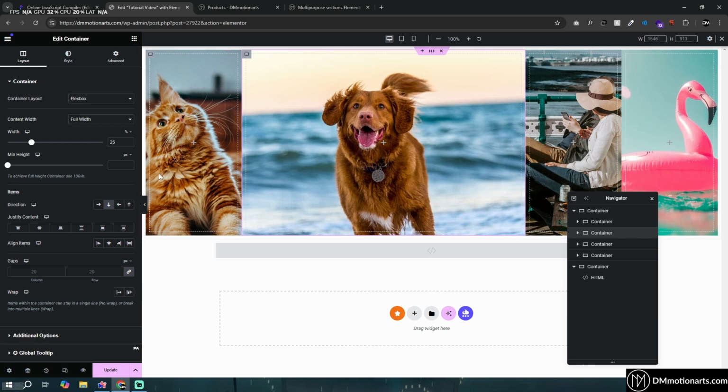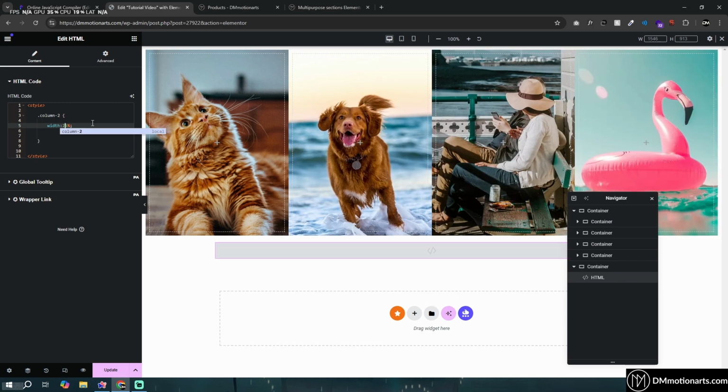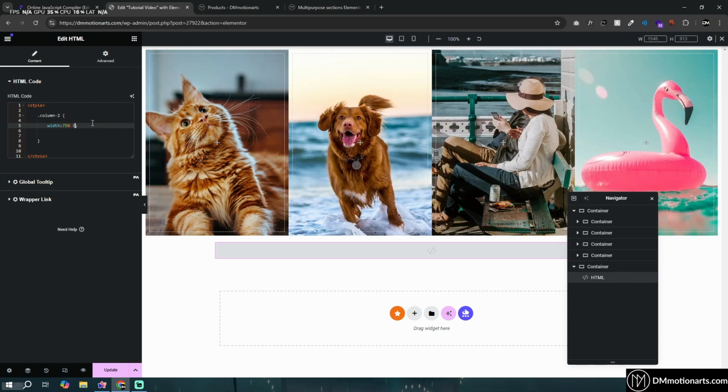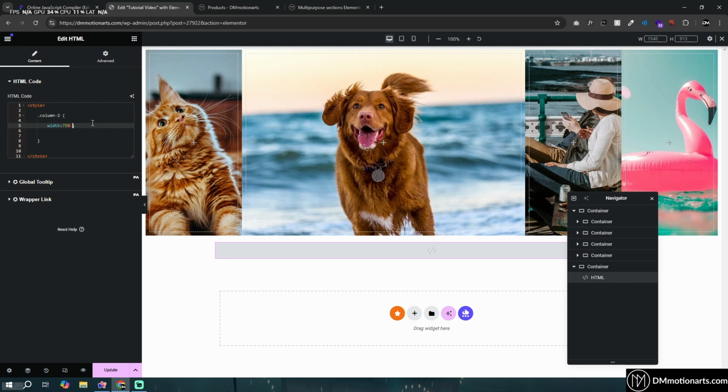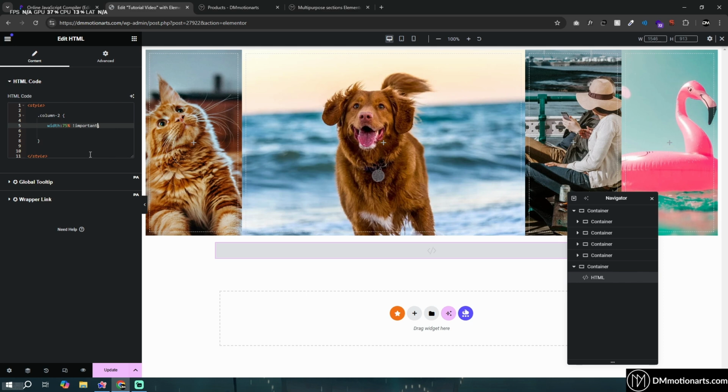So Elementor has already added this code with 25% to our column, and when you add it again, the website might be like, okay, we have two of the same code, so which one should we use? By default it is working, but in case it does not work, we have a way to override the value which Elementor has already made, because Elementor is adding the CSS styling for us. That's why it's called a drag and drop builder, because if it wasn't, then we would be using coding like this. So you could type exclamation point and then important, and what this means is that if there